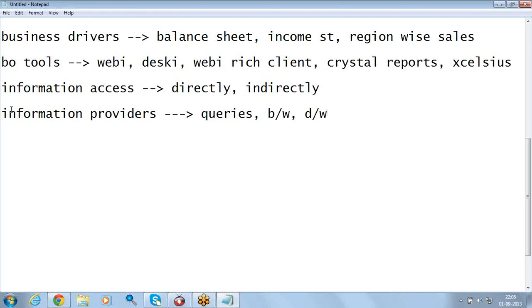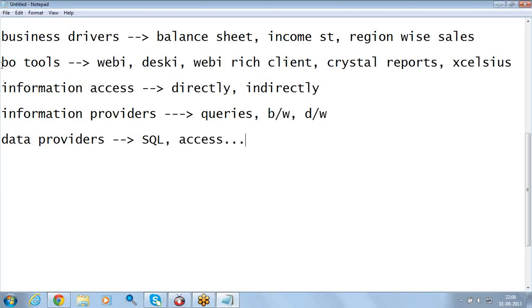These are the info providers. They get the data from the data providers. So what are these data providers? Data providers are nothing but things like SQL, and next one is Access, something like that.